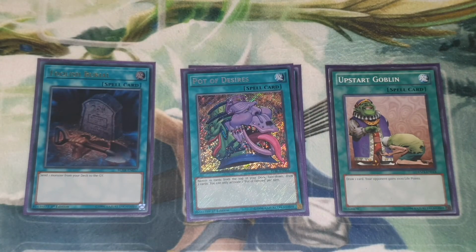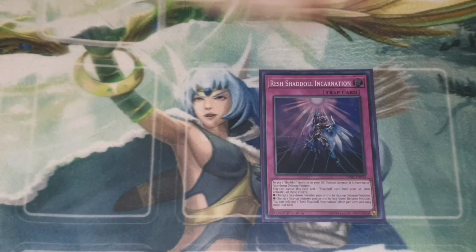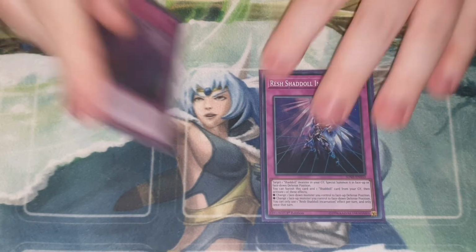It's an easy side out card too. If I don't need the Pot of Desires in order to get to my combo, then I will side it out for something else if need be. So that's the spells, and the only 2 trap cards I'm playing are 1 Resh Shaddoll Incarnation and 1 Shaddoll